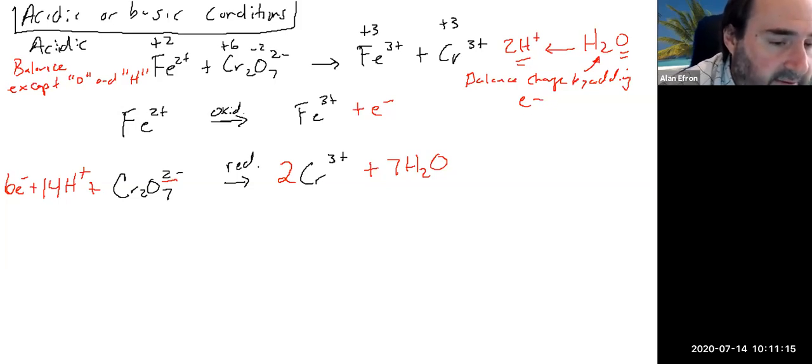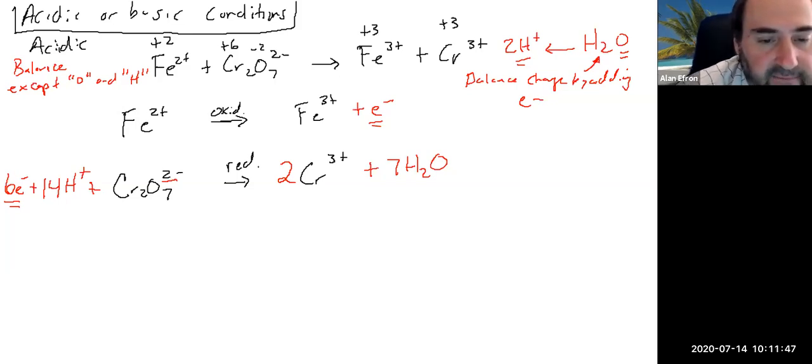Earlier, we figured out that the top reaction, the iron one, was the oxidation half reaction. And what we know about oxidation half reactions is the electrons should end up on the product side, which they did, which is good. We also know that the bottom one was the reduction half reaction. And what we know about the reduction half reaction is the electrons should end up on the reactant side. So we did add the electrons to the correct side based on what we know,